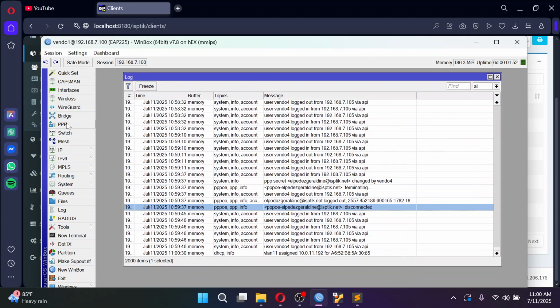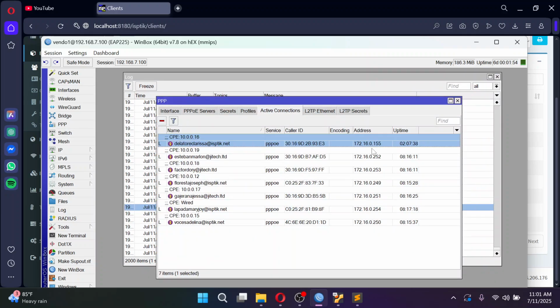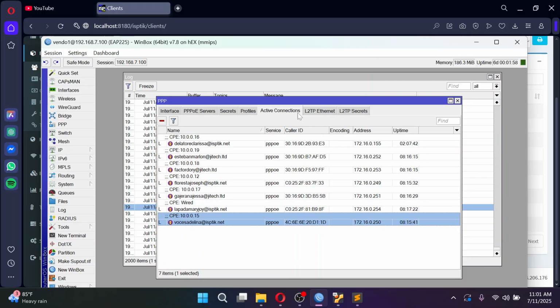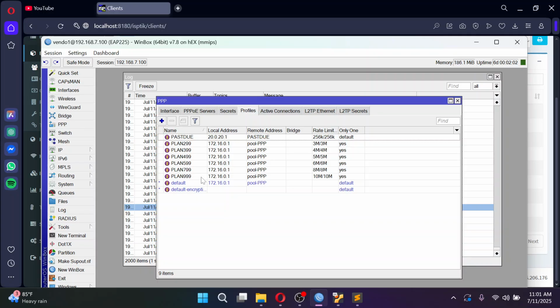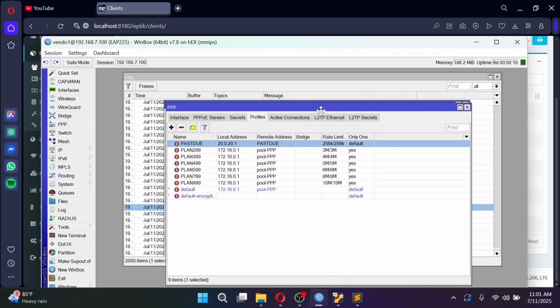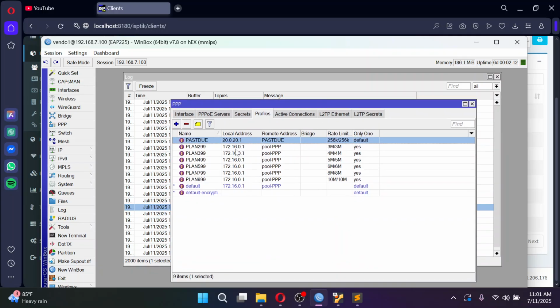Okay, and then if we try to look at this one, these are all the addresses for our standard PPPoE. And then for our profiles, past due, once the client set to past due profile comes again, it will now have an address within this range.